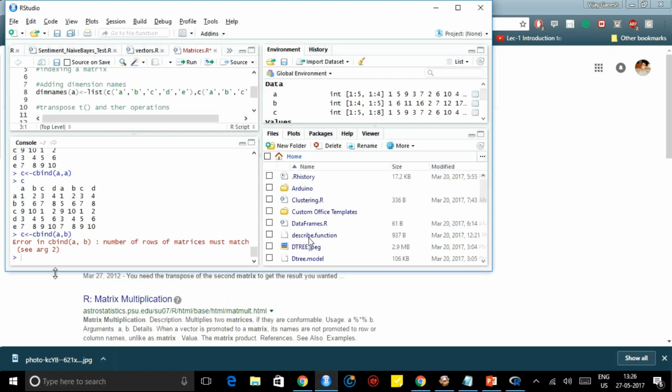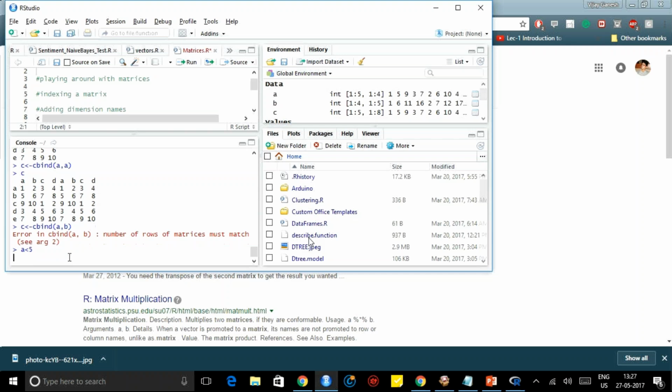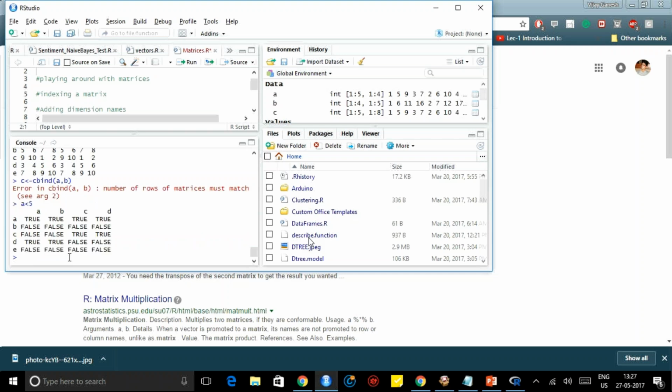We saw a character vector. Similarly, there can also be a logical vector, I mean a logical matrix also. So true, false, similar to that way. These things can also be.